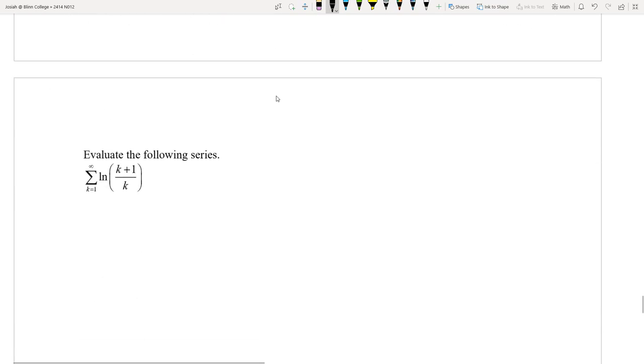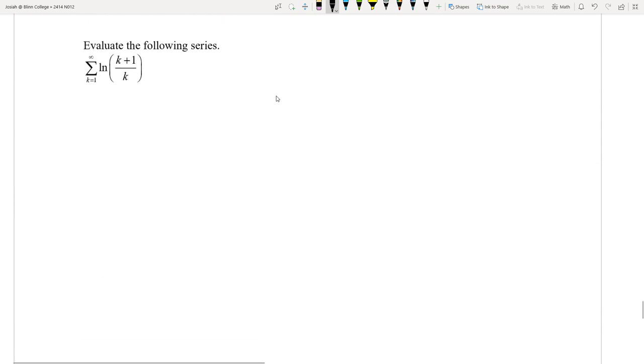And so now that we've seen that these telescoping series can kind of be hidden, we'll take a look at another one. In this case, we have a natural log, and it doesn't really look like anything that's going to be very nice to just kind of look at. So we think about what else can we do with logarithms? Well, we have a logarithm law